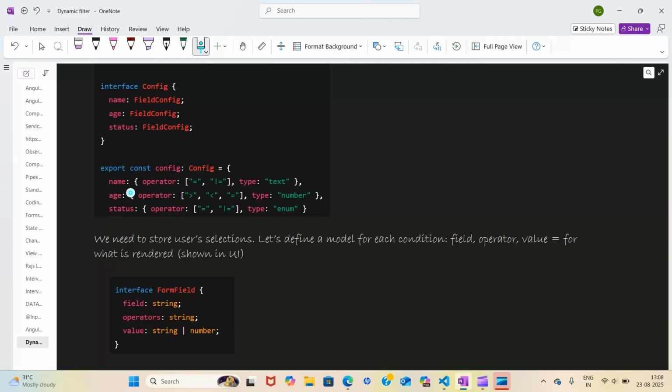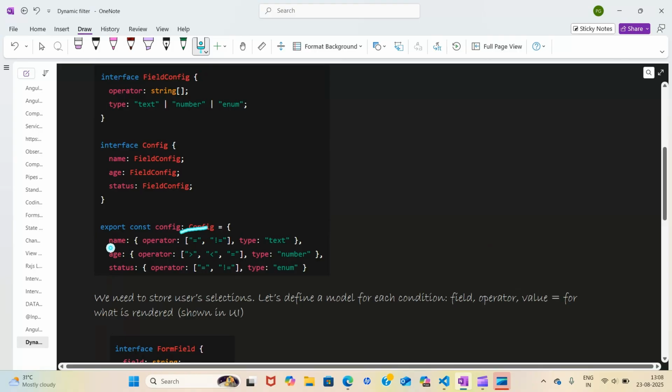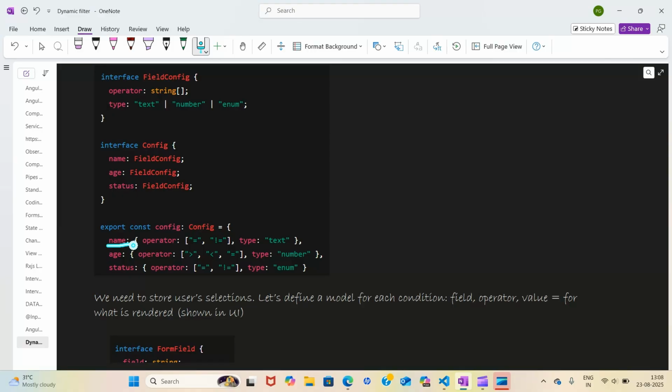And secondly, why have we chosen this config? Because if I want this name, I can get this by doing Object.keys. Now I want this operator, then this will be name.operators. Now suppose if I had some more inside this operator, then I can do name.operator.this. But right now this is a value, but I'm saying that if we have another nested, then right now we can do name.operator, name.type, right? To access this. So for accessibility, I think that config is good.